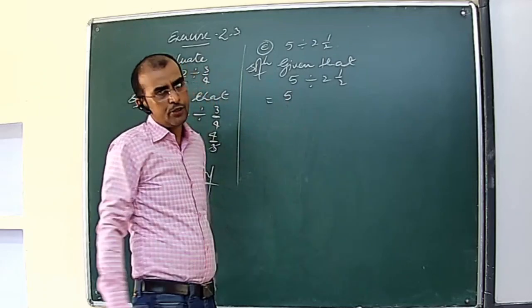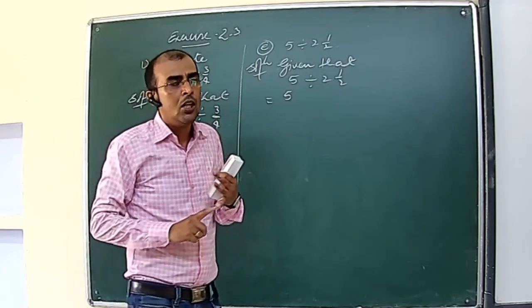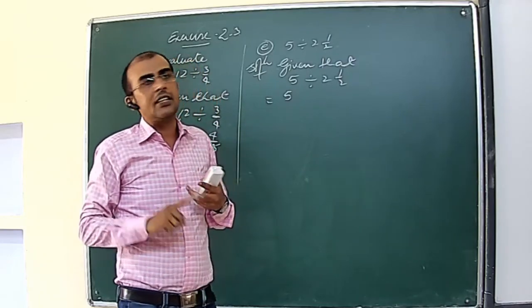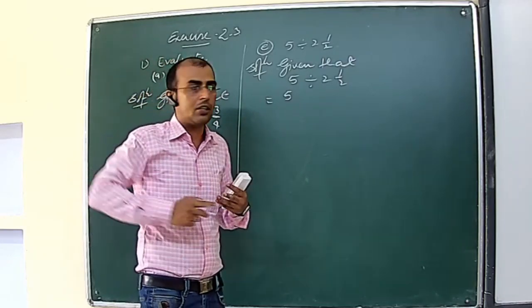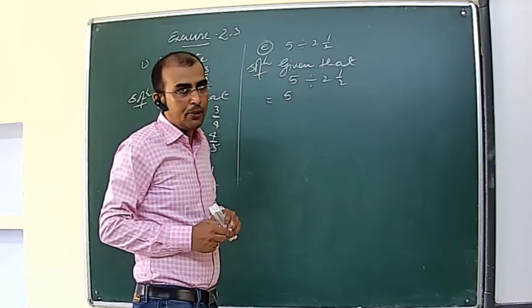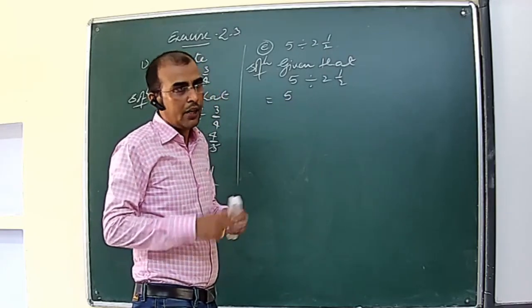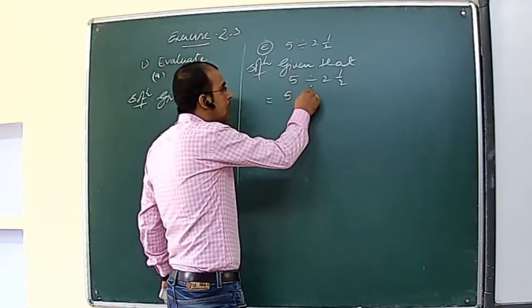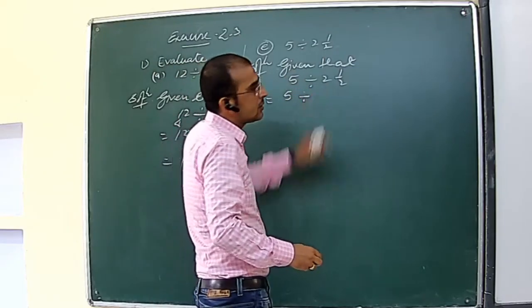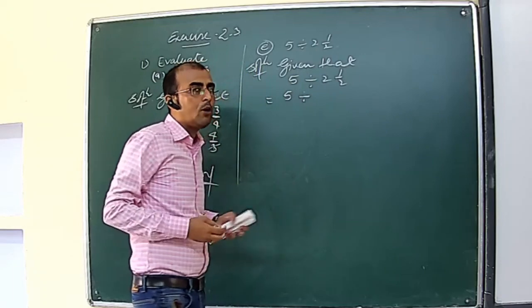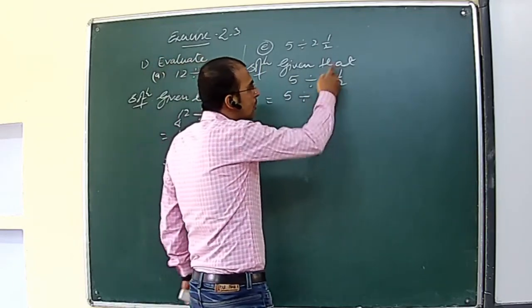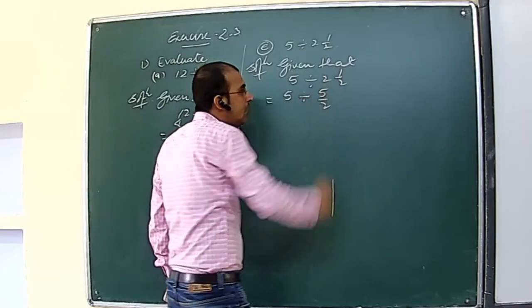Division is an operation. You know that there are 4 basic operations: addition, subtraction, multiplication and division. Multiplication and division are reciprocal to each other. So here the operation is division and its reciprocal is multiplication, so you can write the multiplication form. But first I want to change this mixed fraction into an improper fraction. So what you can write? 2 twos are 4, and plus 1, that is 5 by 2.